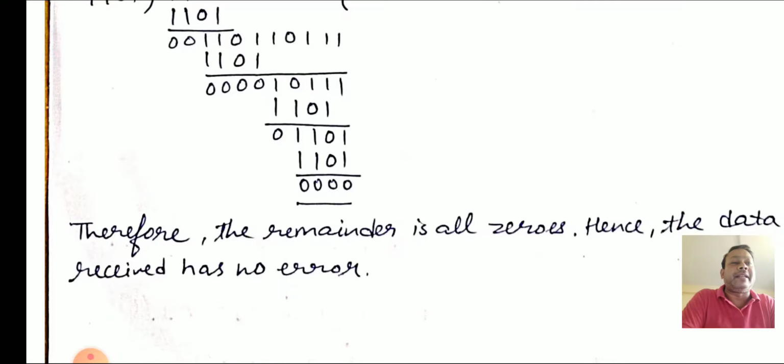If we get 0, that means all the bits have been transferred from source to destination in a correct manner. There is no erroneous data transmitted from the transmitting end to the receiving end. Clear? So this is all about CRC, cyclic redundancy check. CRC only checks whether the data is erroneous or not. It is not going to correct it. For correcting the data, we are supposed to go for Hamming code. So I think you got the concept. Thanks a lot.